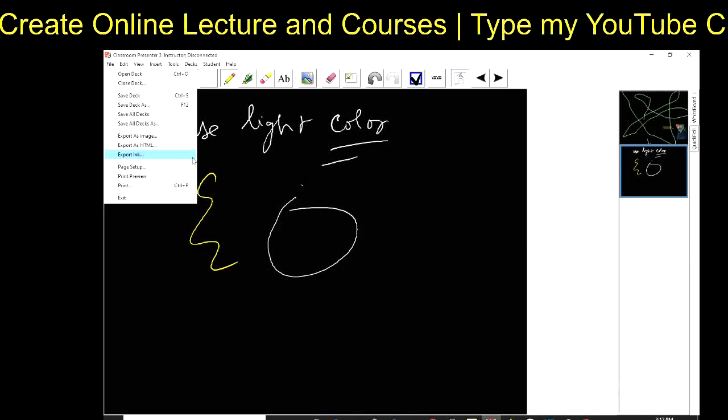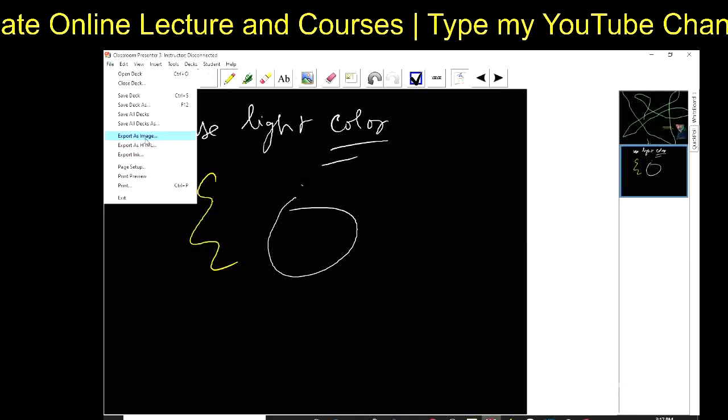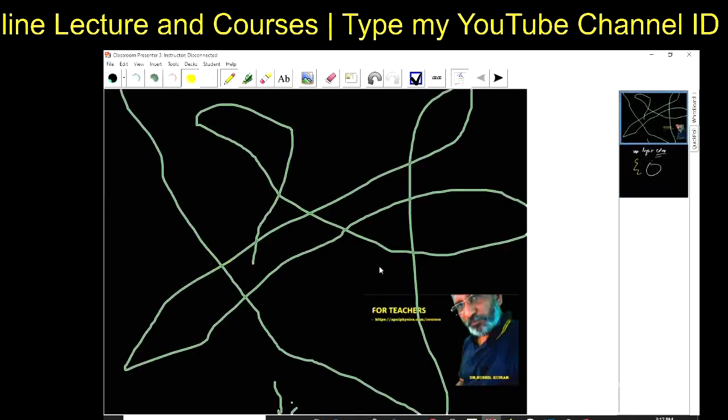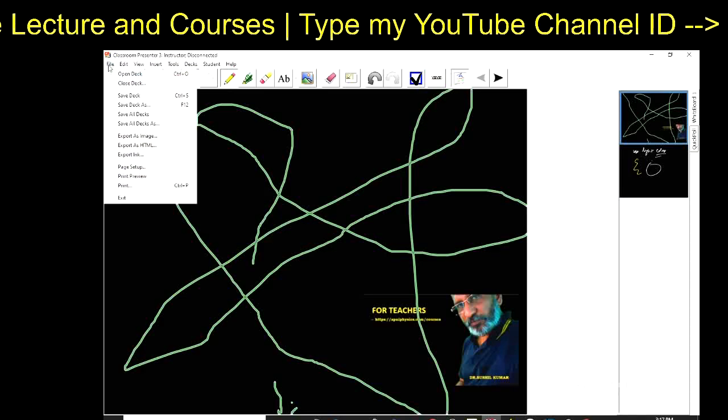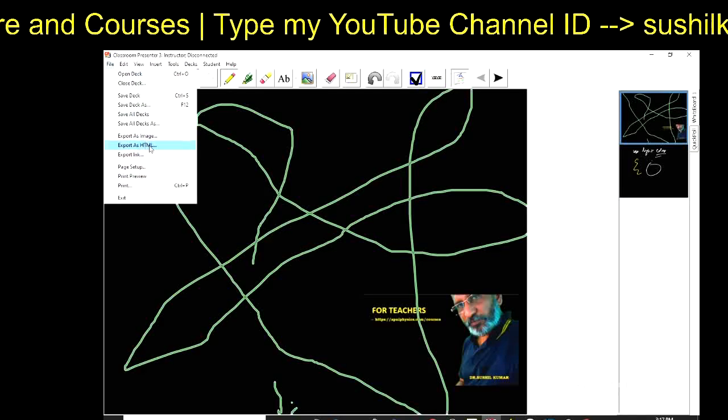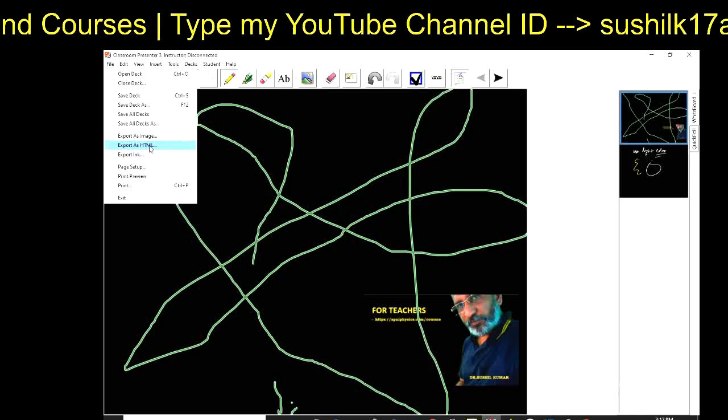So all these features are available here: export as an image, export as HTML, and embed that code in your website, right?